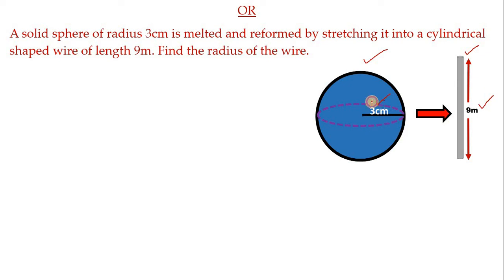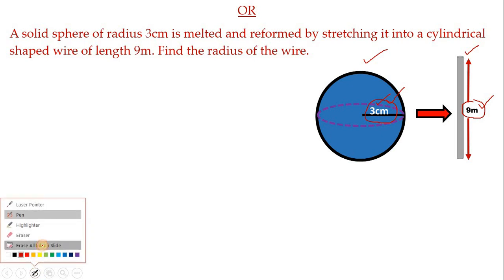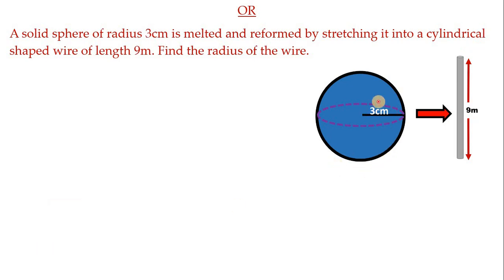Look at the units, children. Here radius is in centimeter, but here measurement is in meter. So units are not the same. So one unit you have to convert into the same, either centimeter to meter or meter to centimeter. It's your wish. Now first let us write up the things. For sphere, radius is given. So I am taking it as capital R. If you want, you can take this as small r, and cylinder R you take as capital R. It's not a problem.